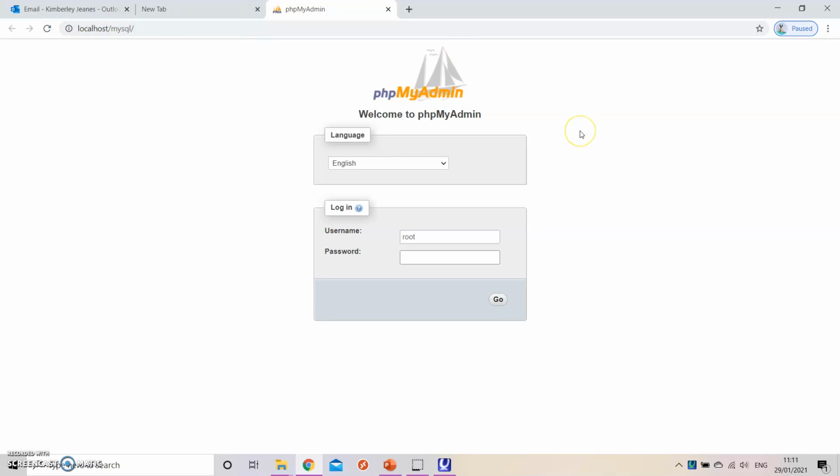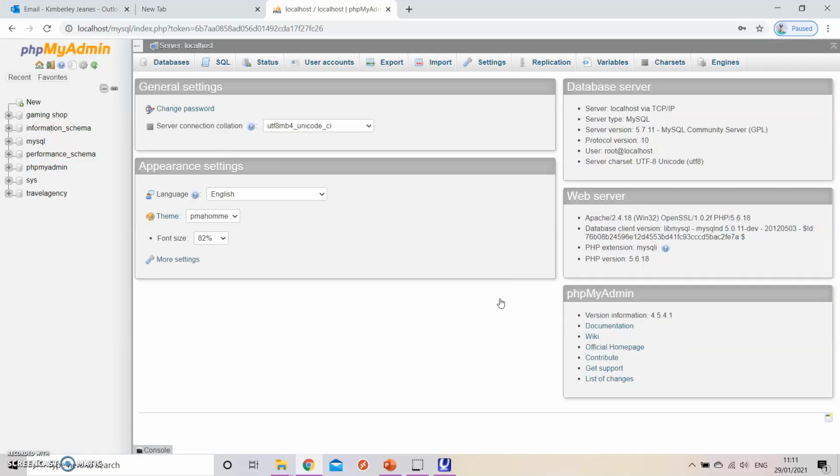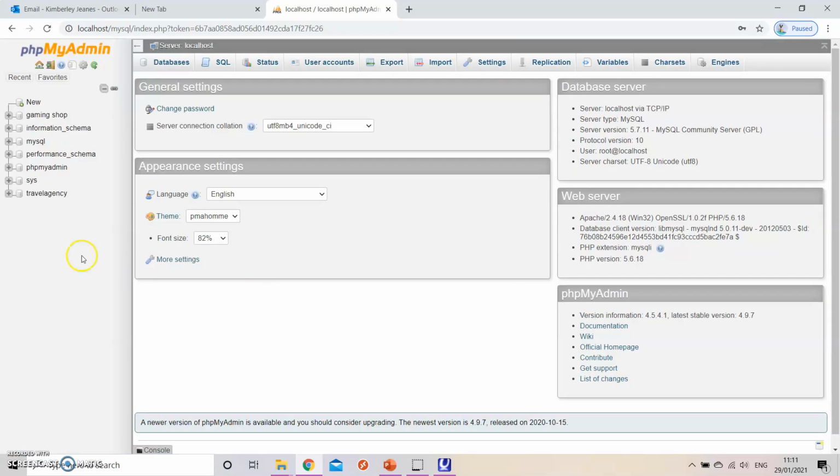Now, all of your setups have been set up really insecurely because we're just using them for school. So your username is root and your password is root. They may be default there in for you, and you should only really need to log in once, and then it should stay logged in on your computer. Okay. When you press go, it'll take you to the main PHPMyAdmin space, which looks like this. And on the left-hand side, you'll have any previous databases that we've already made in class. Okay, and this is just a recap of how to do this